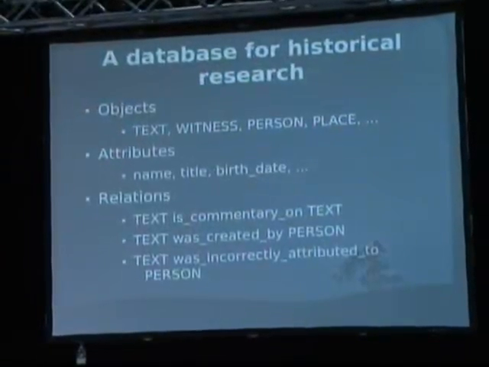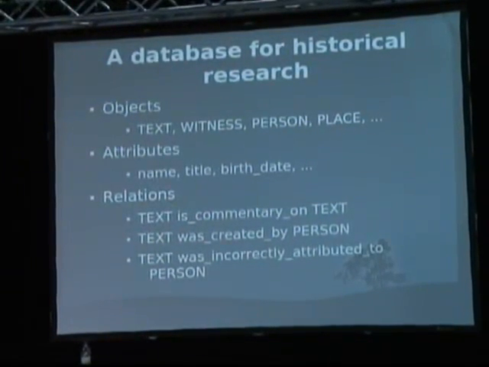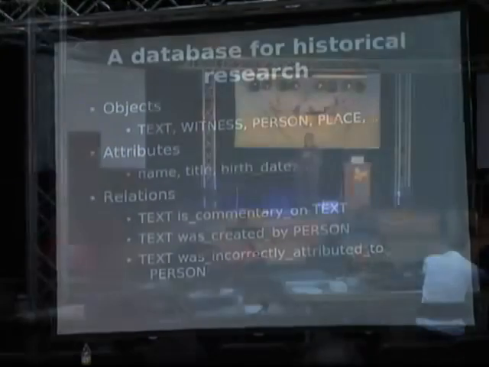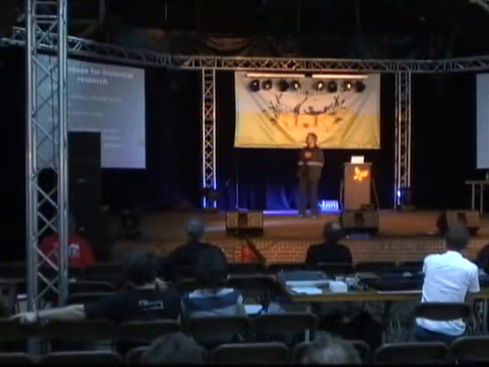so that this one text is a commentary on this other text, and this one third text is a commentary on the first text, which is a commentary on the third text, and that a text was created by a person. I mean, you could also put that in the author field, but if you also want to have other relations, like somebody was a teacher of or lived at the same time as, and another also important thing which